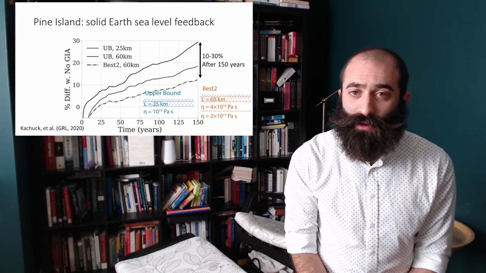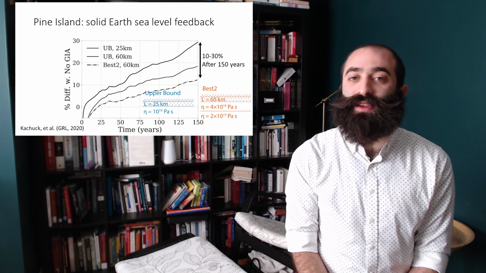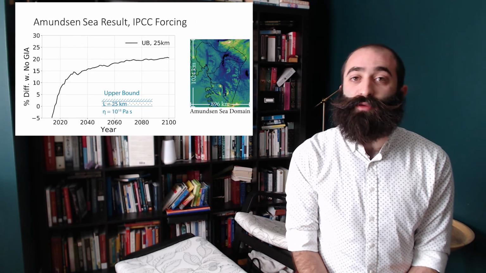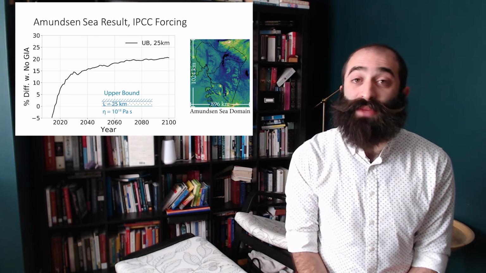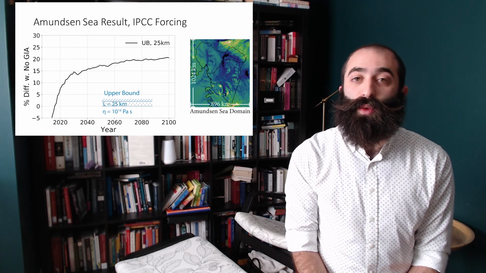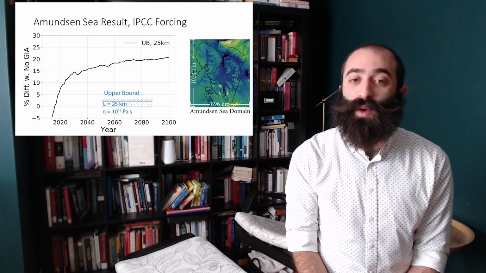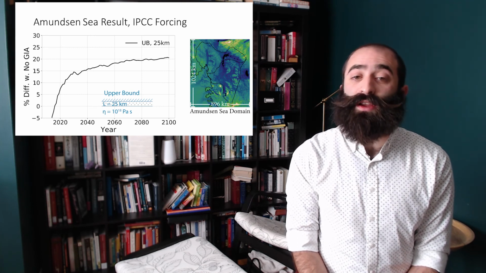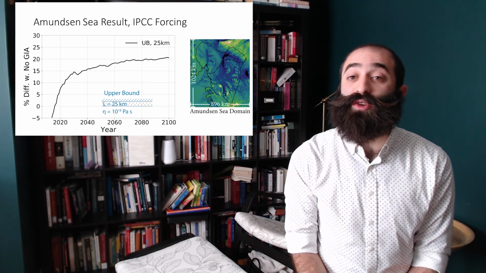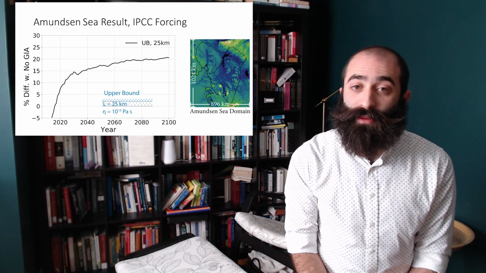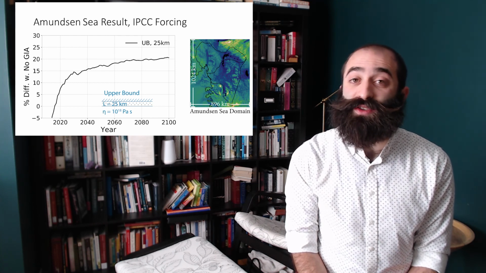We can zoom out a little and consider what might happen for the entire Amundsen-C domain for IPCC projected forcings with low atmospheric change and mid to high ocean warming. We turn on the solid Earth feedback at 2010 and find again the solid Earth feedback on the sea level signal is on the order of 20% less than with a static bed by 2100. Bear in mind that this domain approaches the spatial scales where we will need to consider the shortcomings of the